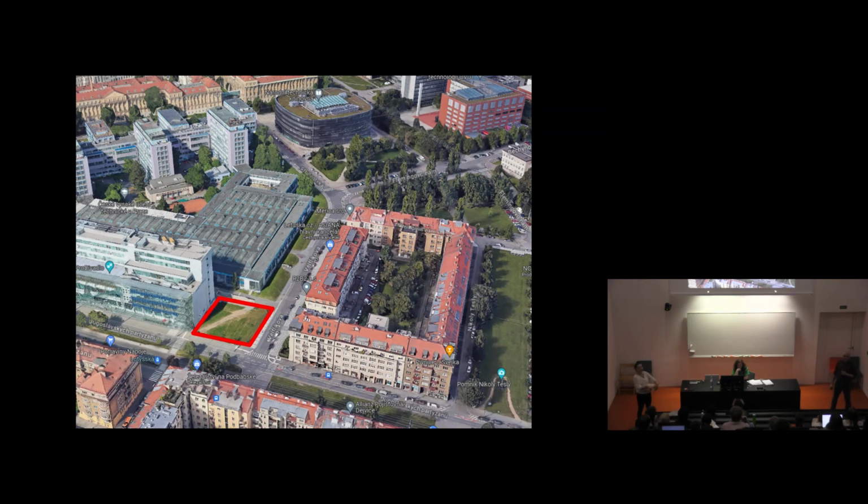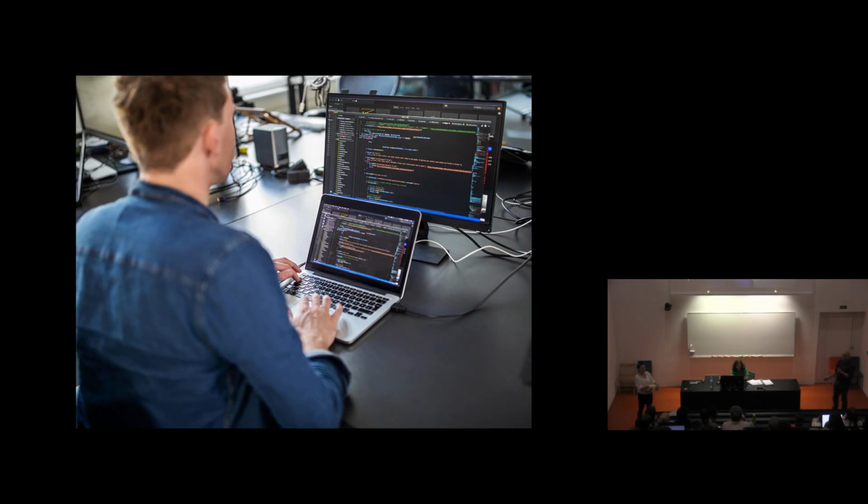So there is a plot reserved for this new building, and you can see our building over there in the top right corner. So it's really nearby, a couple of 100 meters walking from here. On this side, the new faculty building for information technology will be planned. Of course, the big question is, how do you design a building for students of information technology? We being architects, how do we analyze that?